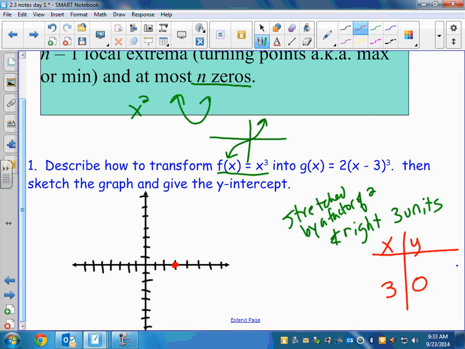on an absolute value, it's like the V. On this, it's going to be like that little kind of turning point, not really. If you just pick one above it and one below it, or one to the left and one to the right, it should work out really nice. Like if I pick 2,